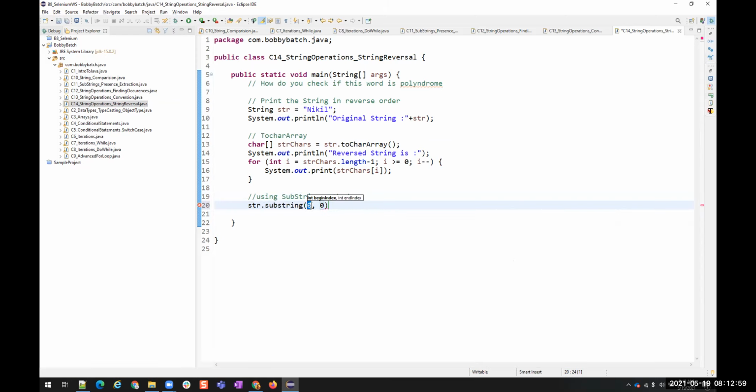From where should I want to print it? See, if I give begin index as 3, 4, 5, if I give 4 to 5.